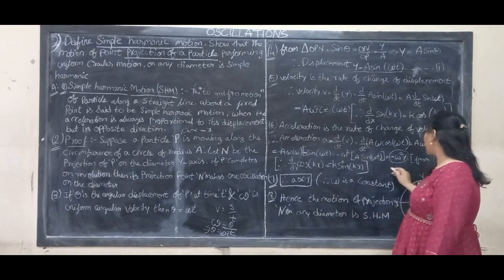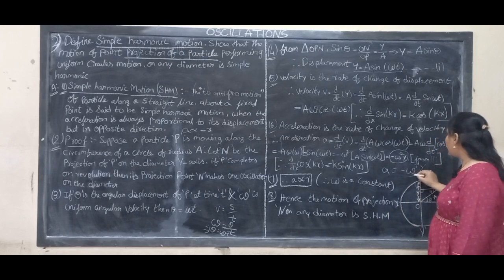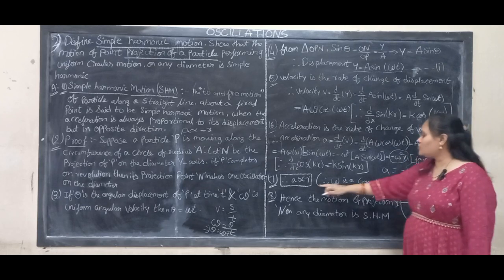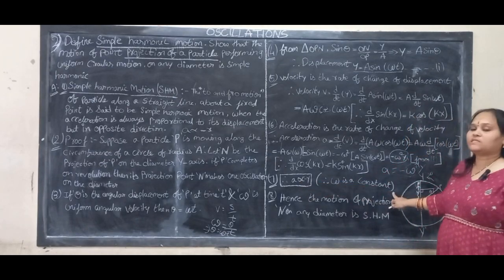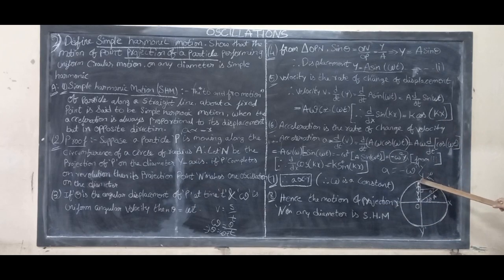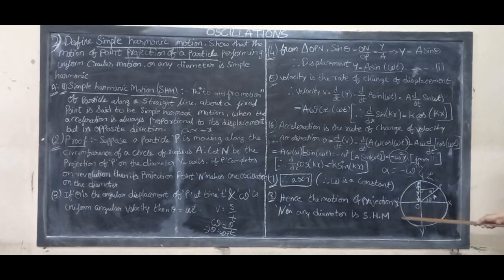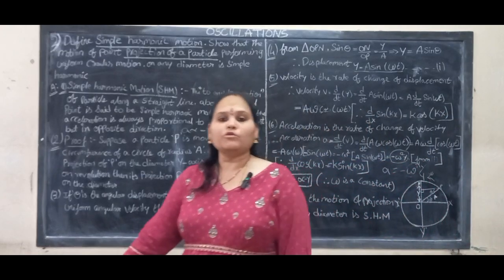y, which is replaced with minus omega square y అన్నమాట. So a equal to మనకి ఏం వచ్చింది? Minus omega square y వచ్చింది కదా. Omega square అనేది constant, a equal to some constant into y. Then we should write a is proportional to minus y. Omega is a constant. Prove చేసాం కదా. సో ఏదైతే మనం పాయింట్ P కి ప్రొజెక్షన్ తీసుకున్నామో, that projected motion is also a simple harmonic motion అని ప్రూవ్ చేయమన్నాడు. అదే కదా మనం ప్రూవ్ చేసిన, a is proportional to minus y. Hence the motion of projection N on any diameter is also a simple harmonic motion.